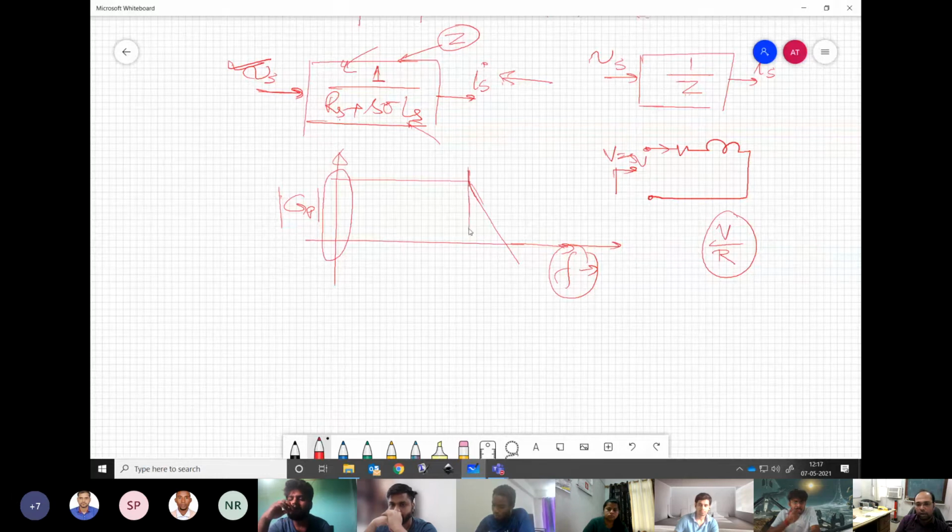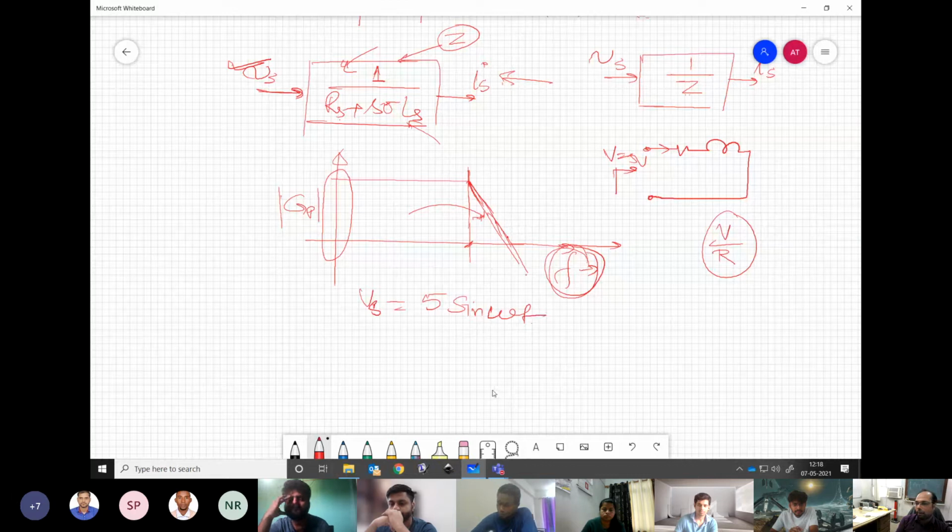So the corner frequency, what it represents, that's after what frequency your output starts seeing a decline in the magnitude for the given frequency. Let's say you keep 5 volts same and you have, so I should write as input voltage, let us say this Vs is equal to 5 sin omega t. So omega is your frequency. Let me write here omega then, in electrical radian per second.